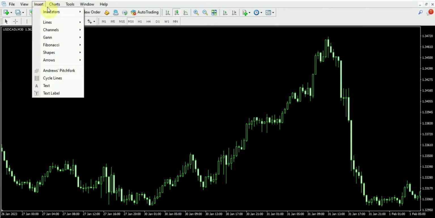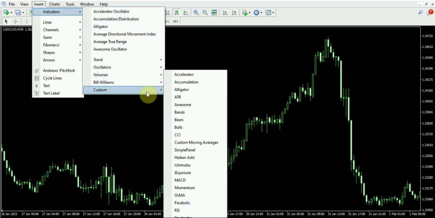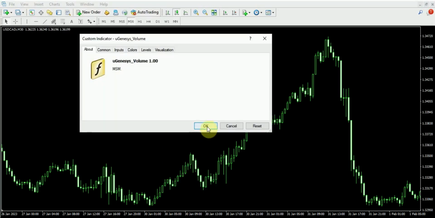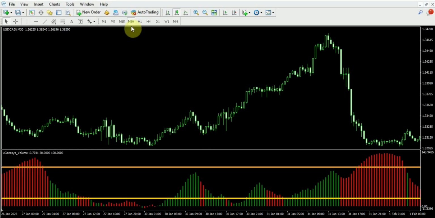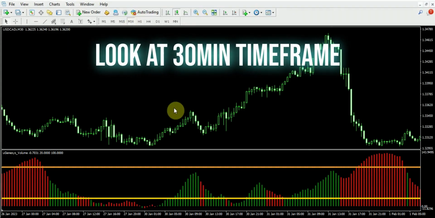So let's go ahead and first add our indicator to our chart here. Let's go to Insert, Indicators, Custom, and we'll select our uGenesys volume down here. Hit OK. Alright. So starting off here with our 30-minute time frame, let's take a look at some of the